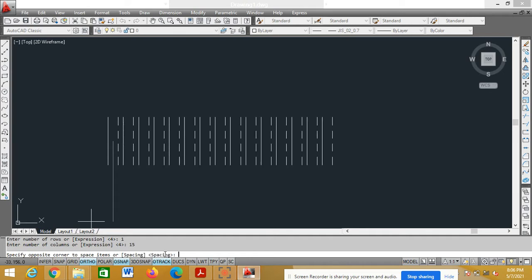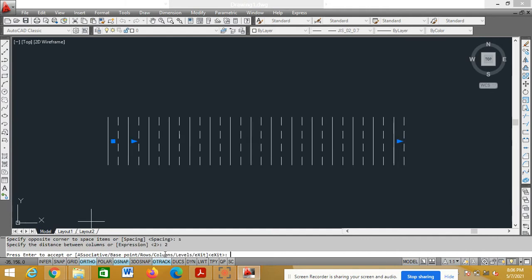15, enter. Now it is asking the spacing. What is the spacing? You have to give 2 mm because between the first dark and dotted conductor the distance is 1 mm. Again after 1 mm next dark should come. So you have to give 1 plus 1, 2. 2, enter. Now you will get the array.